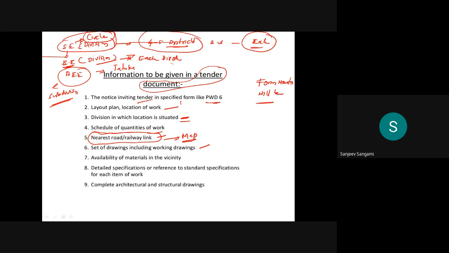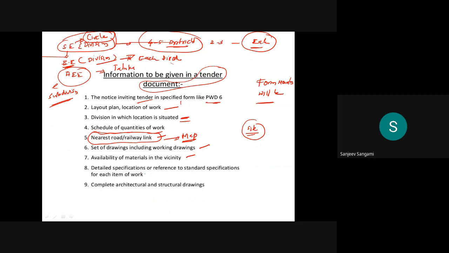Then availability of the materials in the vicinity, where they will be available. For example, if your site is 30 kilometers from the material source, fine, but if the material is 200 kilometers away, then it is very difficult to execute. Based on the material availability, things will be mentioned clearly.